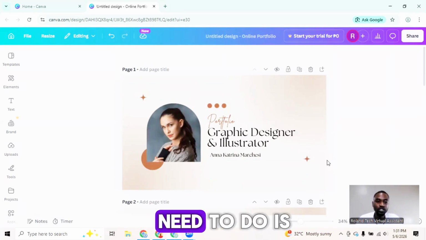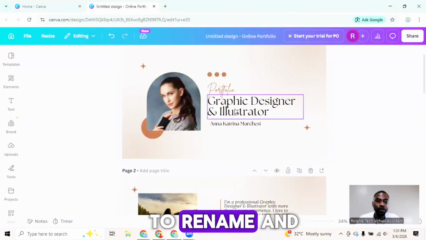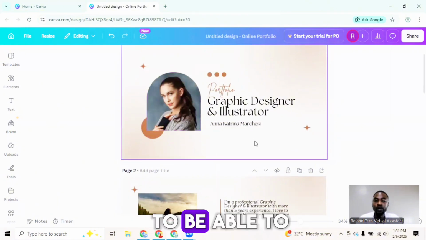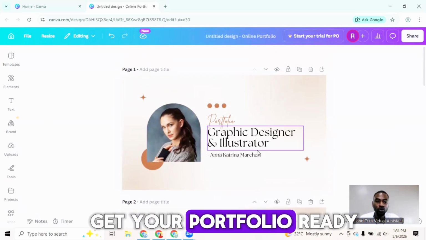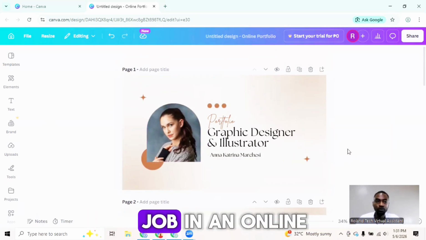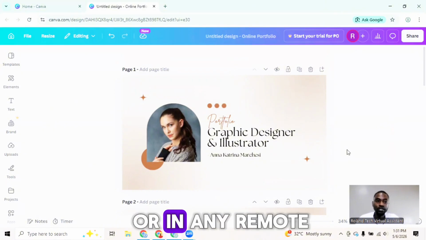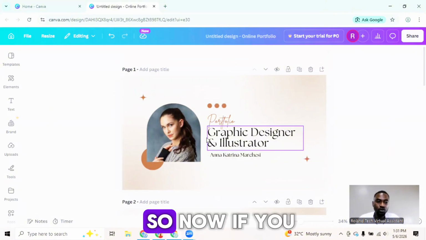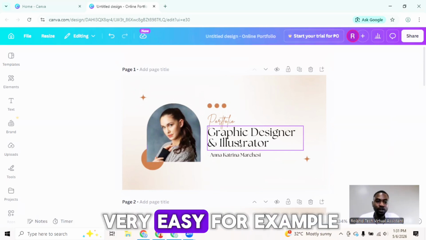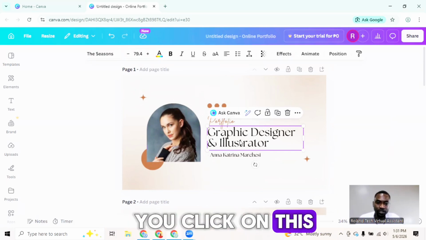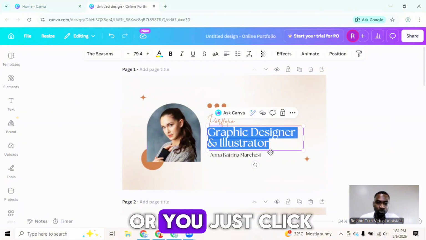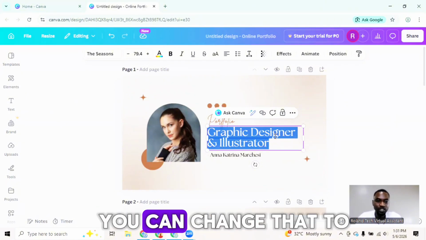So all you just need to do is to rename and change the picture on this template to be able to get your portfolio ready for you to start applying for a job online or in any remote job. Okay. So now if you are going to start changing it, it's very, very easy. For example, you click on this very page, you double click, or you just click and highlight, and you can change that to